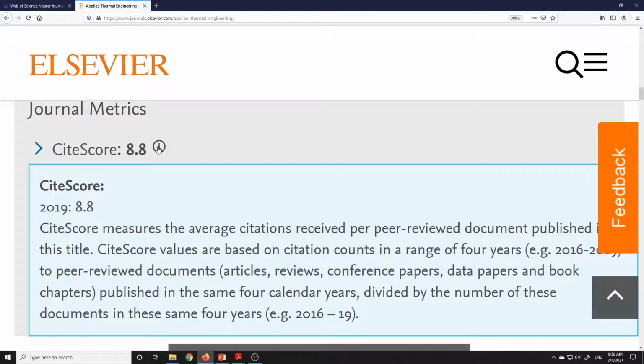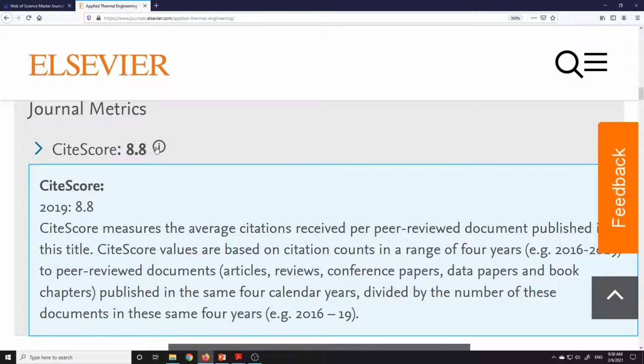Site score is the average citations received per peer reviewed document published in this title. That means whatever papers are published in this journal related to your topic, how many times they have been cited by other people.